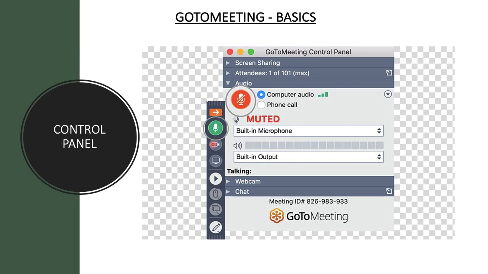The next icon is basically your web camera, or if you are accessing it on your mobile, you can use this as an option where people can see you. So if you really want your students to see you, maybe if it helps in a better connect, it's okay to have your web camera on while you conduct your session.